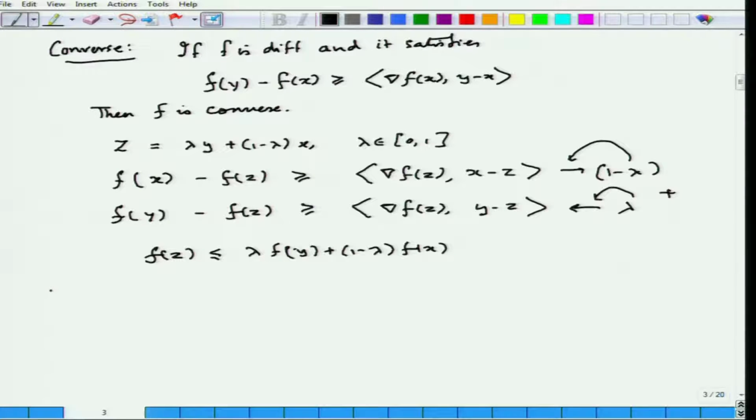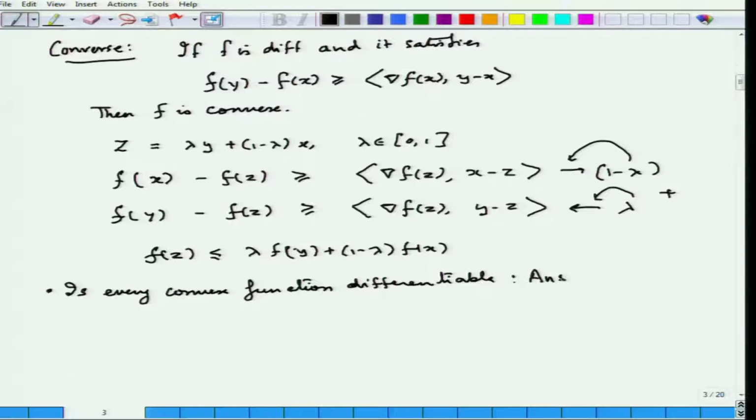Now, the question is: is every convex function differentiable? So, how do I answer this question? The answer is no,